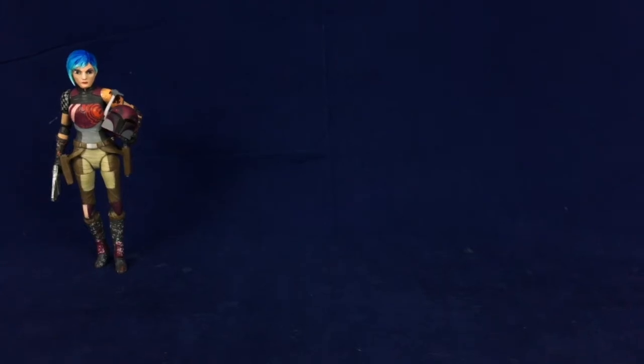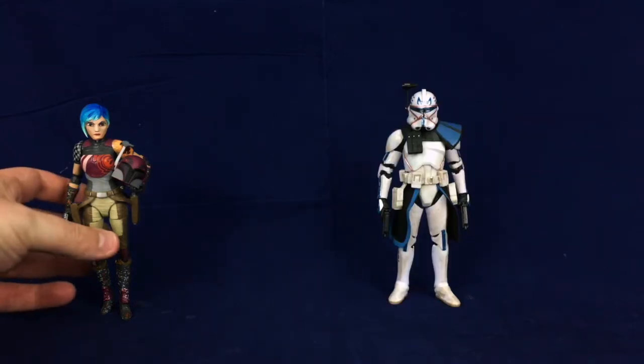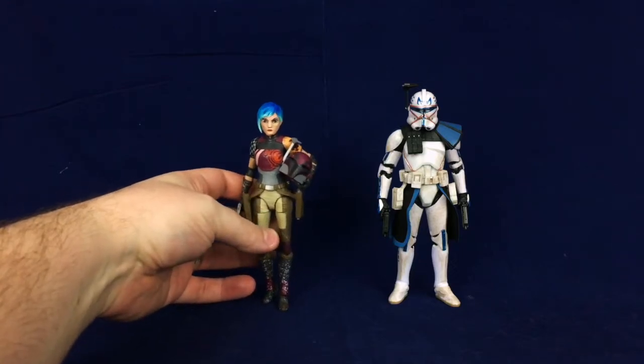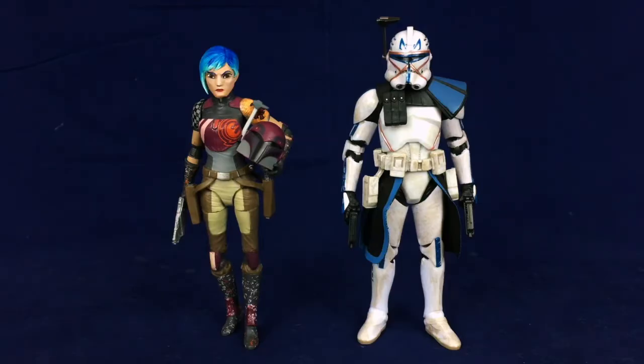Alright, so let's get her off to the side so we can do those size comparisons. Here she is with a more or less standard size Transformers Deluxe. Here she is with another Black Series figure, this one being Captain Rex. Let me move her in a little bit more. I'll bring these in closer because this is silly to have them back that far. Right, so here she is with the Black Series Captain Rex, and Rex is a little bit taller, just because